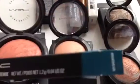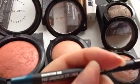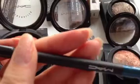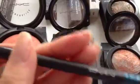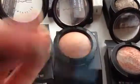This is in shade Mountain Air, and it's a really pretty teal color. So as you can see here, you have the Pro Longwear eyeliner in Mountain Air. Really pretty. These retail for $19.50. The color glides on smoothly. It's a waterproof formula, 12-hour waterproof formula, and it stays in place after you apply it, and it won't smudge,